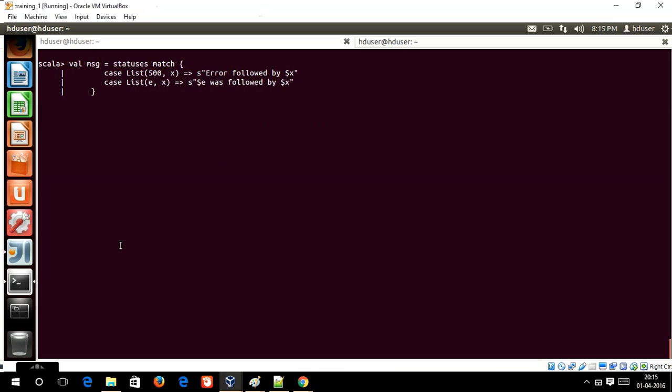What it means is, again, we are passing the status, which is a collection, to the match block, and we are pattern matching with this. How this pattern matching happens is, it says a collection whose first element is 500